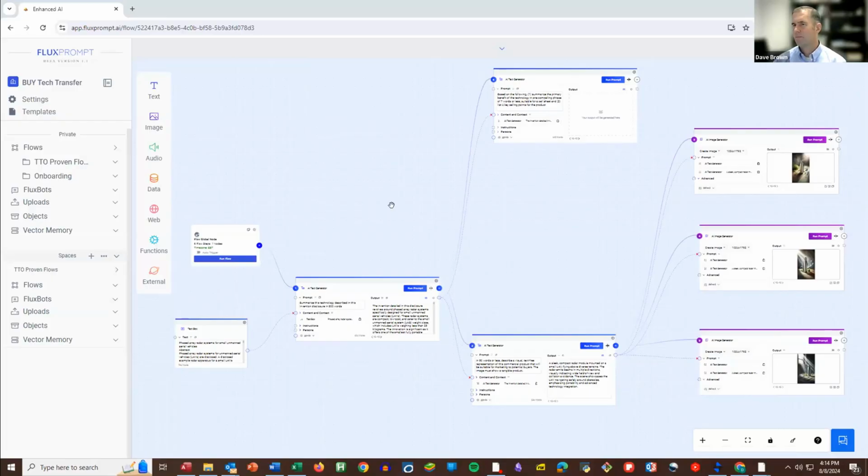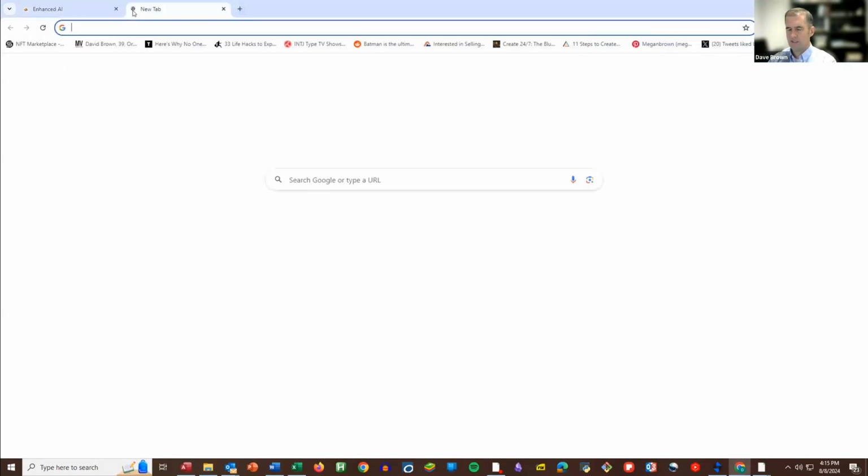So let's go ahead and share the screen and I'll show you what it looks like. Bear in mind, this is a workflow that I created. So if it's amateurish or I'm doing things wrong, Brad, you can tell me about that, but I'll explain what I'm trying to do. And in fact, we should go over to the Tech Transfer website for just a second.